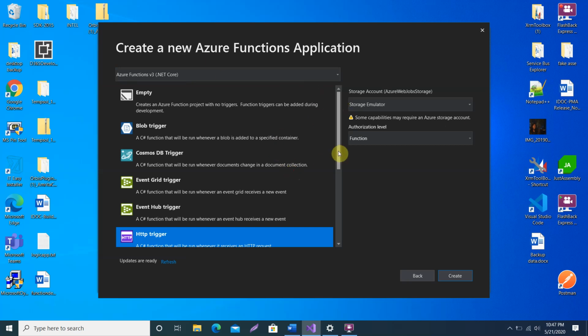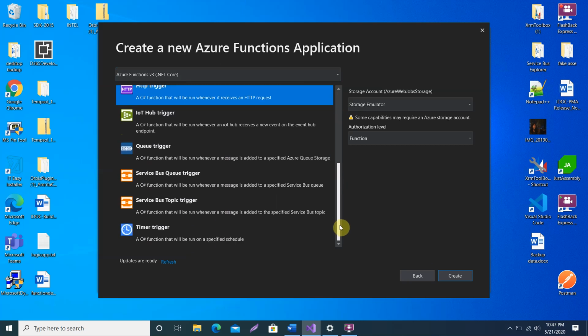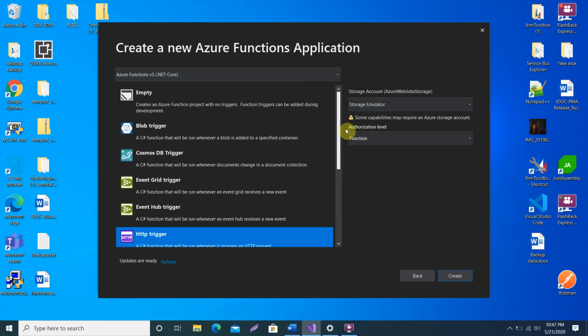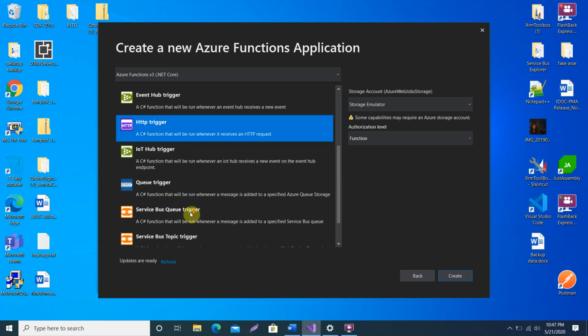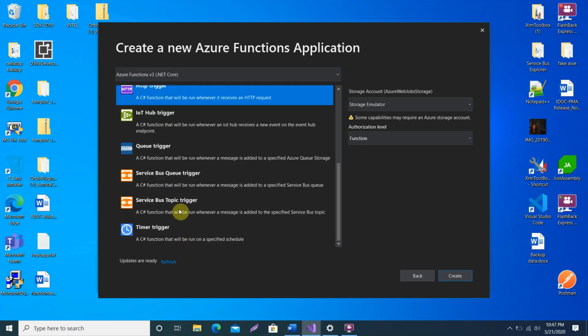When you create an Azure Function, you will get these triggers. Azure Function is not, we can say, serverless code. It is just a service provided by Azure to run a small piece of code on the server. First you can see we have HTTP trigger function, queue trigger, service bus queue trigger, and service bus topic trigger.